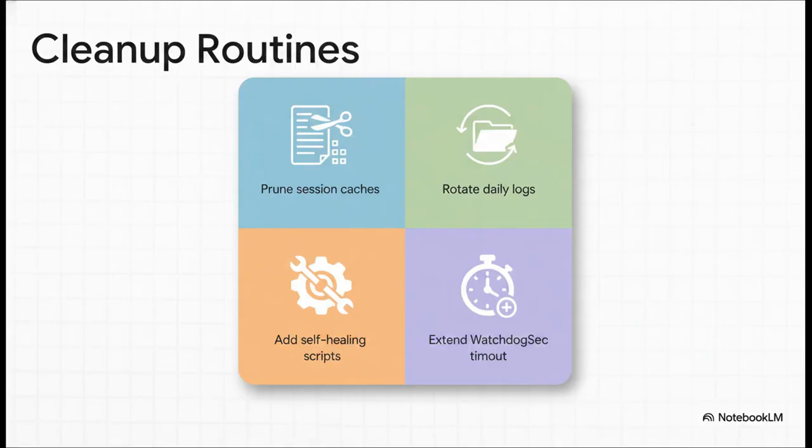Problem solved. And listen, without proper maintenance routines, OpenClaw is going to suffer from gradual degradation. It just hoards the session transcripts and stale connections until things silently break. To prevent token exhaustion and total system crashes, you absolutely must deploy automated cleanup tasks. You need a script to prune session caches. If you don't, your active agents will balloon their transcripts past 50 megabytes, and that will literally paralyze your system. You've also got to rotate your daily memory logs so you're only extracting long-term lessons and implement self-healing scripts that